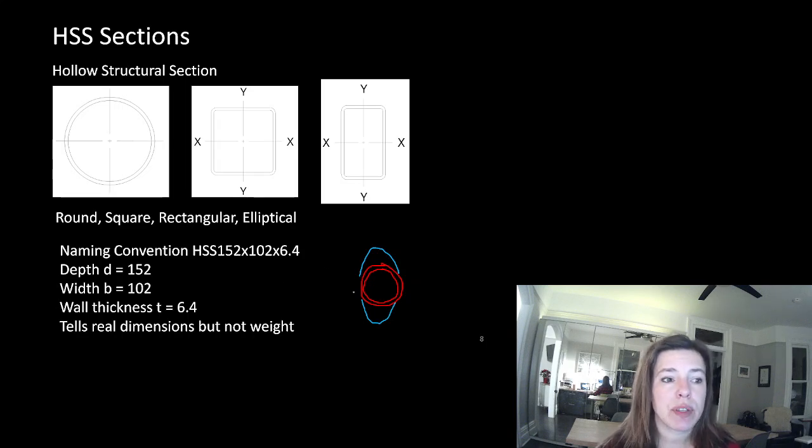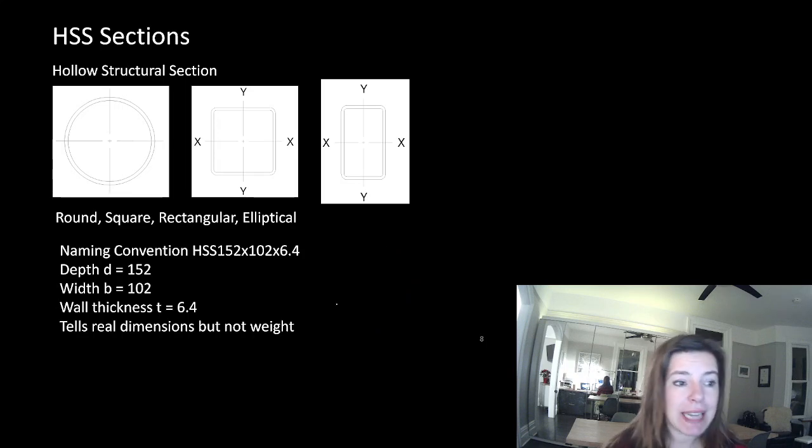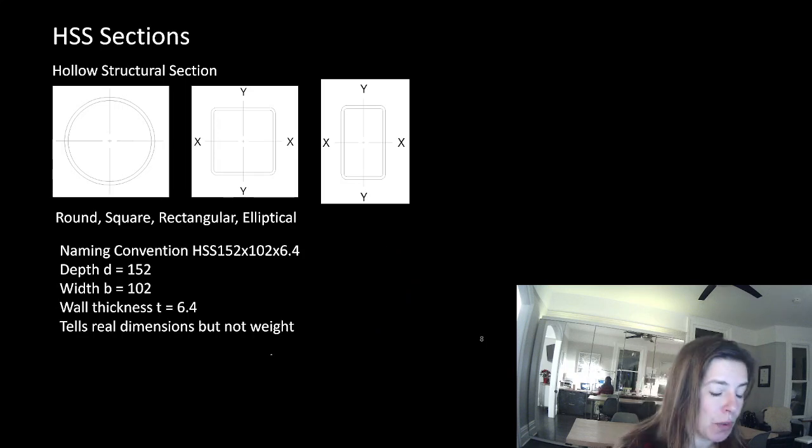The seams ground smooth, caulked, and then it all gets painted. So it looks like an elliptical HSS, but the structural part is actually just the round bit there. I will say that there are some architects that are highly offended by this process because it's not representing the true structural form. So that is something I would leave to you to